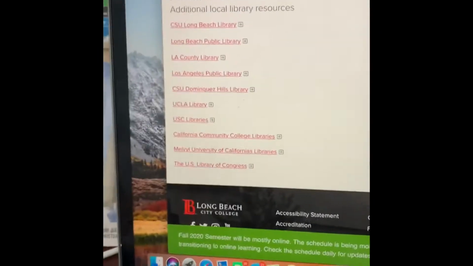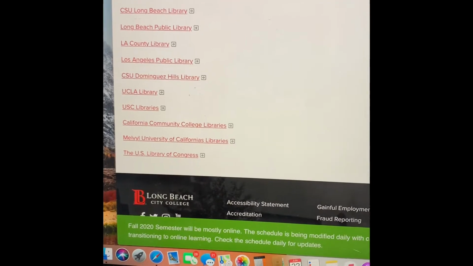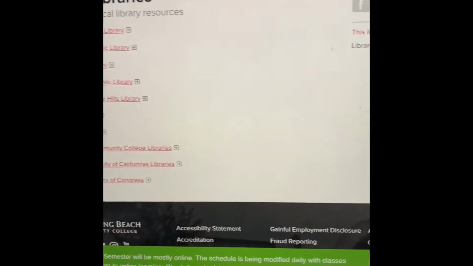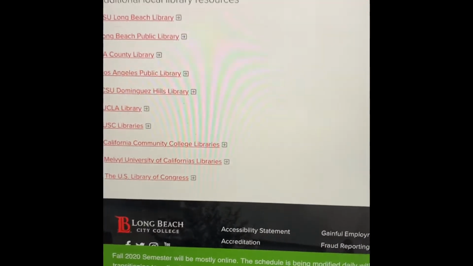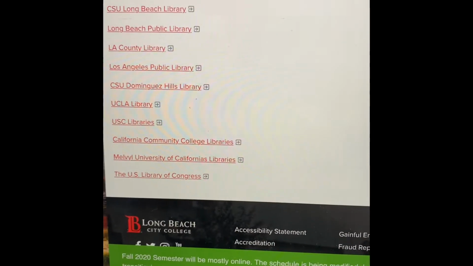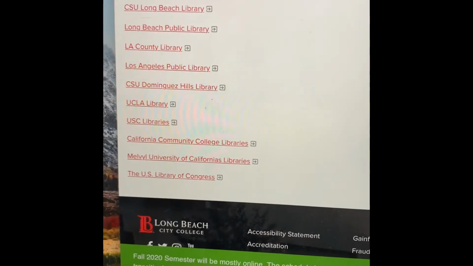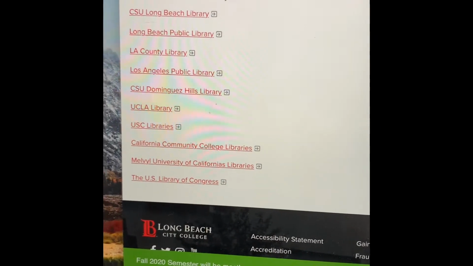Now, little known fact, your Long Beach City College ID, which you better have, you should have, is really cool. You can use it for a lot of things. Discounts on food, discounts at fast food restaurants. I've heard of students saying discounts for bus usage, but it also operates as an ID card or a library card, and you can use it by virtue of your registration at Long Beach City College at Cal State University,